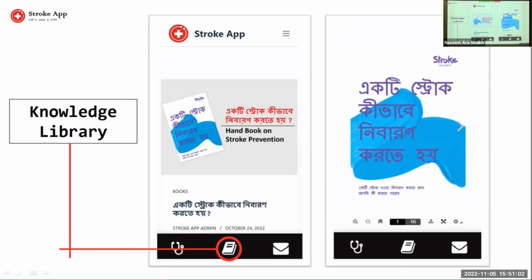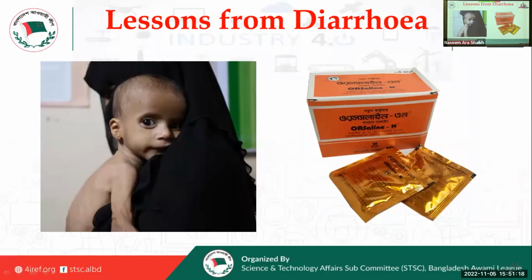As I have mentioned, 1 in 4 people will have a stroke in a lifetime. If all of us install it on our mobile phones and can know when I'm having a stroke, we can easily get treatment, and this application can be a game changer from a Bangladesh perspective. We have a lesson from diarrhea. We all know that nobody now dies from diarrhea. When we have diarrhea, we take saline. That's called public awareness. What we have done in the public awareness sector, people already know, and they get treatment. We need a similar type of awareness for stroke too.